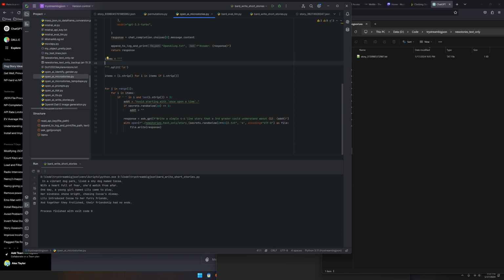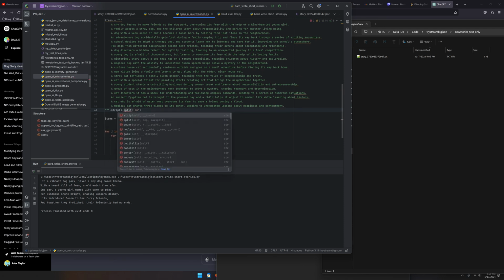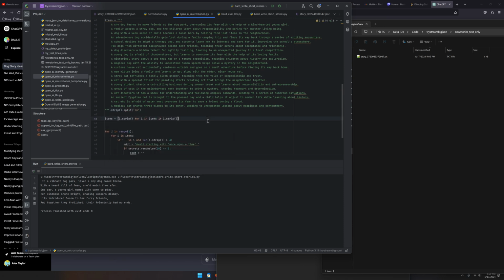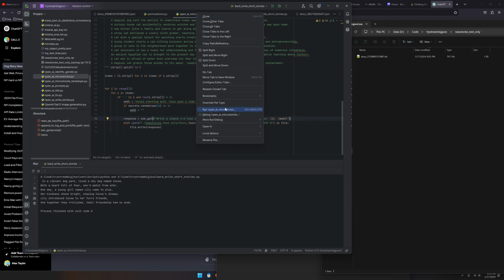Maybe it's because I'm using the wrong model or something. I don't know. Strip. Okay. Write a simple 4 to 6 line story that a third grader could understand about. Okay, let's get this started.